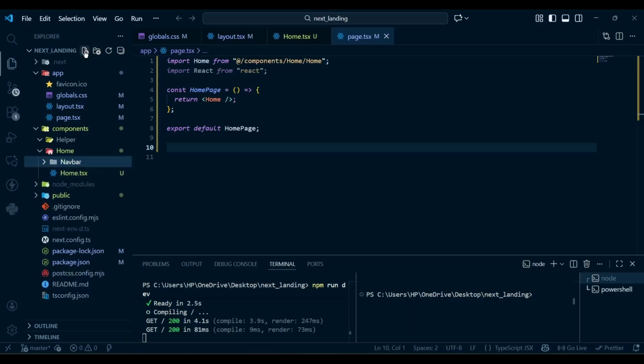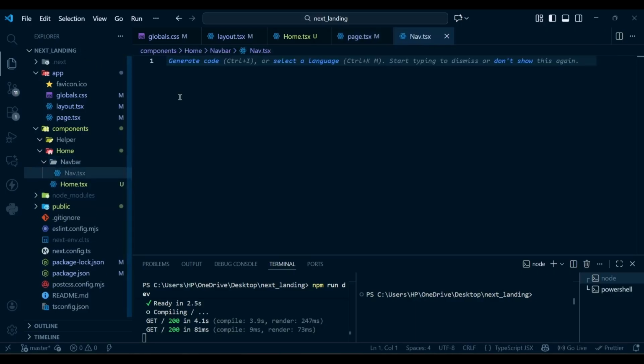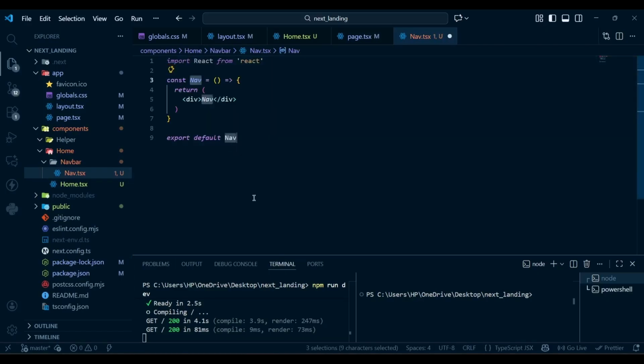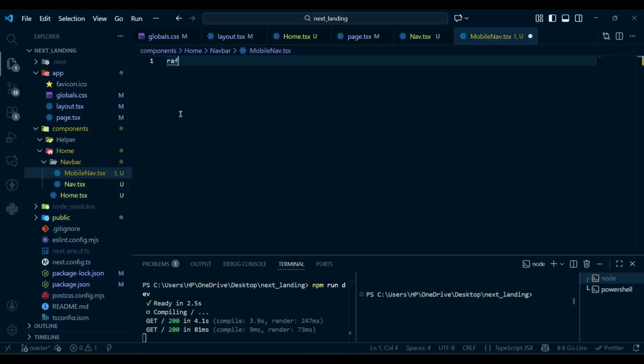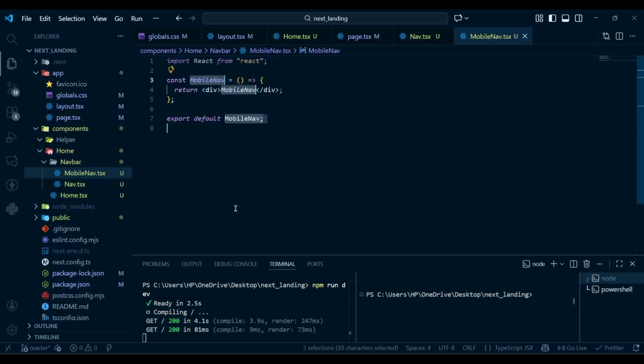And inside this, first I'm going to create a nav.tsx. This is for the desktop navigation bar. I'm going to use RFC to create a component boilerplate, and then I'm going to create another one for our sidebar, which is mobile nav.tsx. I'm going to use RFC to create the component boilerplate. This will contain the sidebar, and I'm going to create another one which is